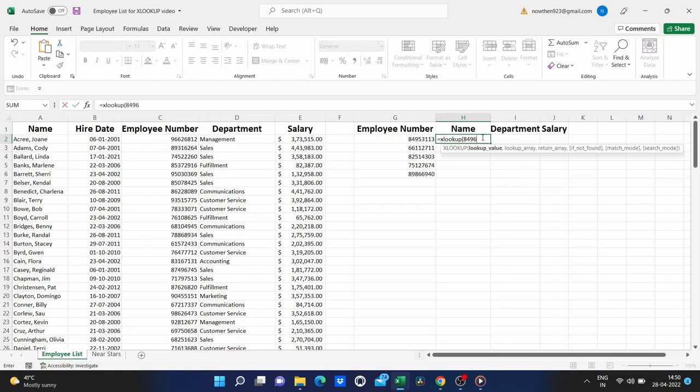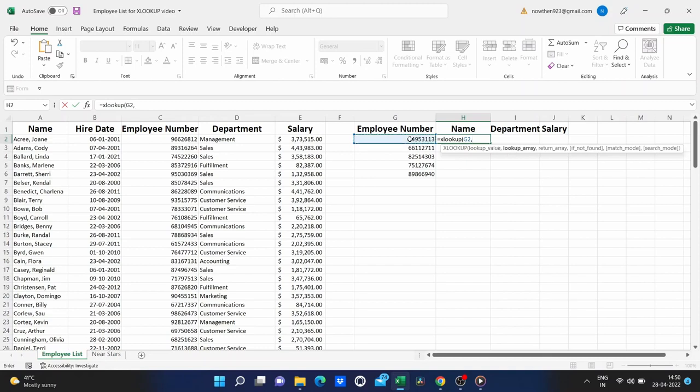I could type that out right in the formula if I want to. But it's more powerful in many cases to, instead of typing it, just click on a cell, where you will eventually type the number or the item that you want to look for. In my case, I've already written the number. It's here at the left in cell G2. So I'll click on G2, and of course, I can change this number later, but the formula is always going to be looking at whatever is in cell G2. And that's the lookup value that it will search for. Next, I put in a comma.